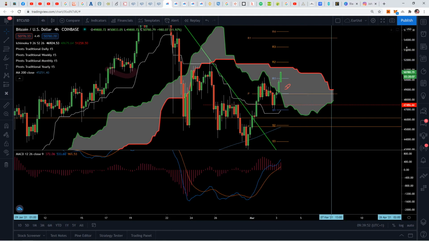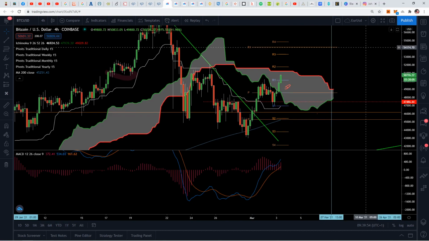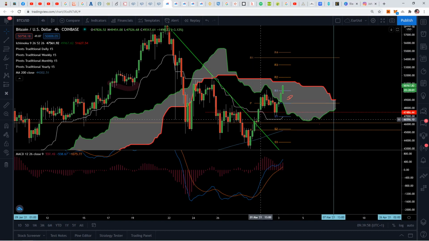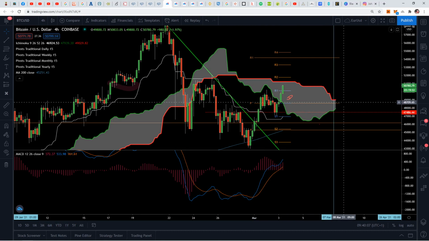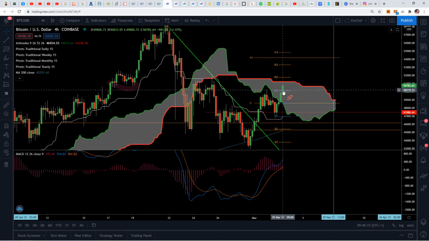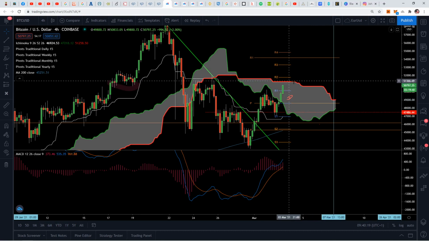So I'm going to show you this signal that is potential, could come up quite soon using the Ichimoku system. So we have a cloud here. This is a bearish cloud, and there is a bearish future here. You can see the red line is above the green line all the time. Now what we're waiting for, for a buying signal, is price to close above the cloud here,